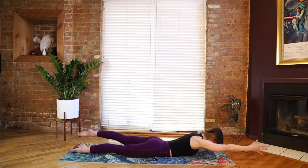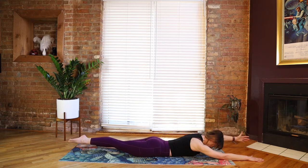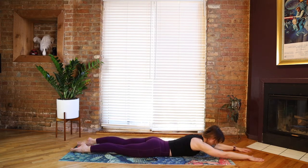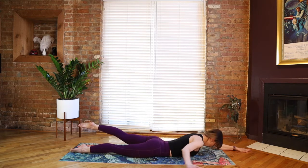The goal here is to make yourself as long as you can possibly be. Belly's lifted up just a little bit from the floor. And again, switch. Left arm, right leg. And switch. If there's any shoulder issues in this overhead position, you can do the arm by your side and